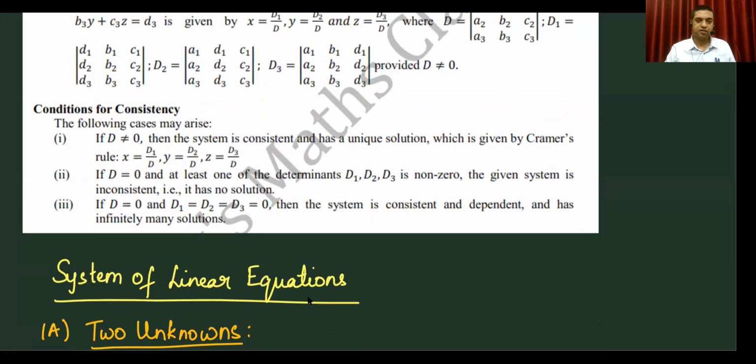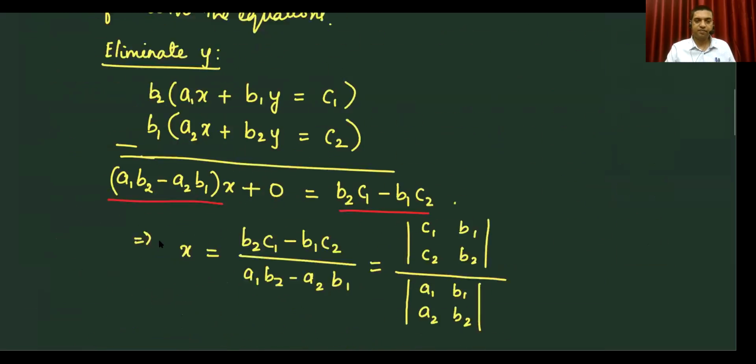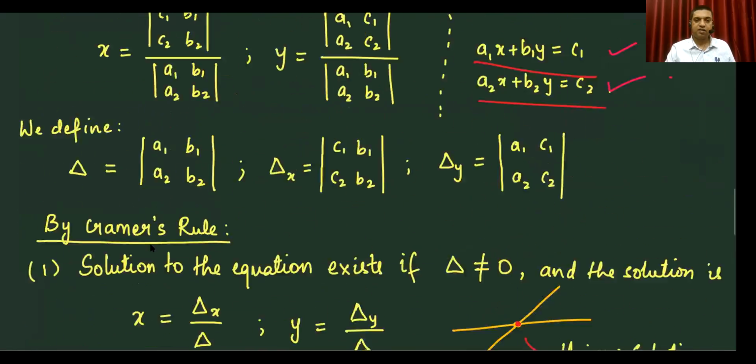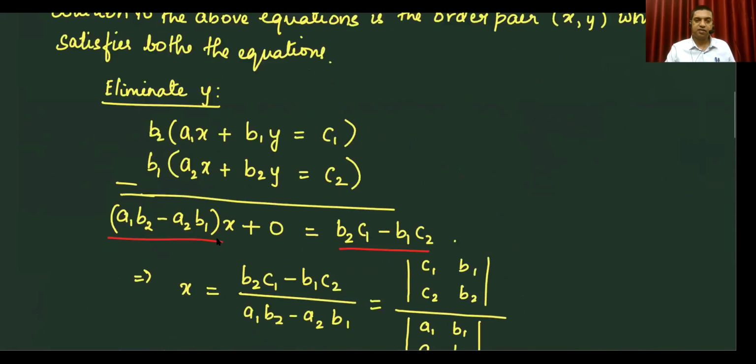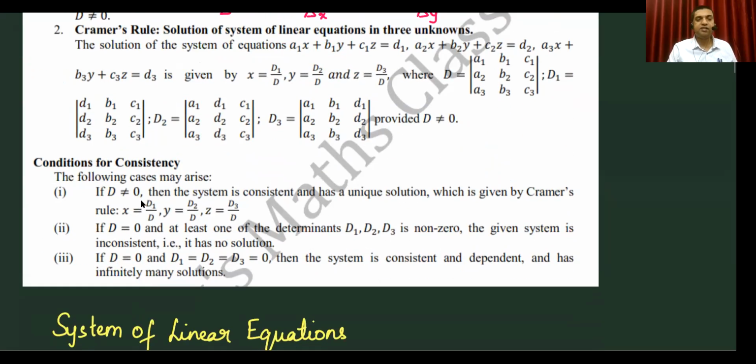So here are the conditions for consistency. It is said the following cases may arise. Here I wrote D as delta; there it is written as d1. This is the same as delta. This is delta x. This is delta y. So when D is not equal to 0, meaning delta is not equal to 0,